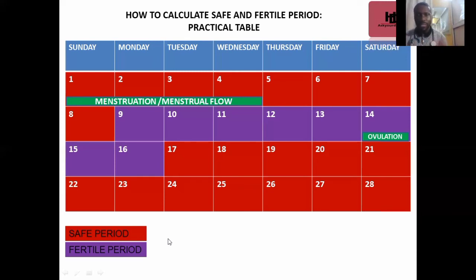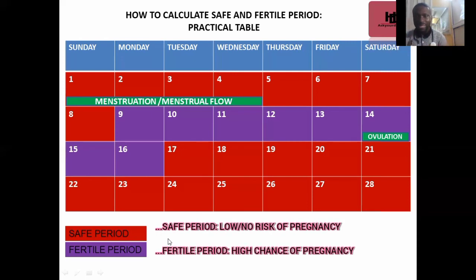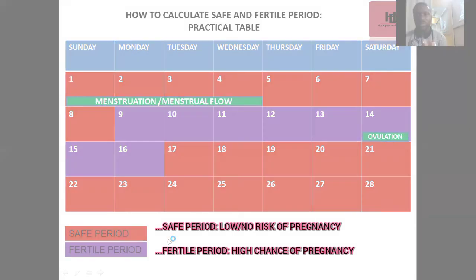But like I said, the best time, the fertile period, is actually the opposite of the safe period, while the safe period is the opposite of the fertile period because they work in an opposite direction. If you don't want to get pregnant, maximize your safe period for unprotected sexual intercourse in women of reproductive age. If you want to get pregnant, maximize your fertile period with unprotected sexual intercourse for women of reproductive age group.